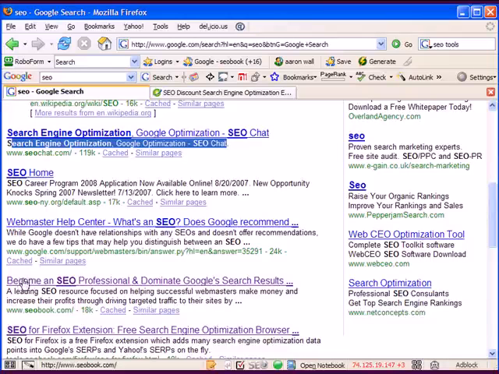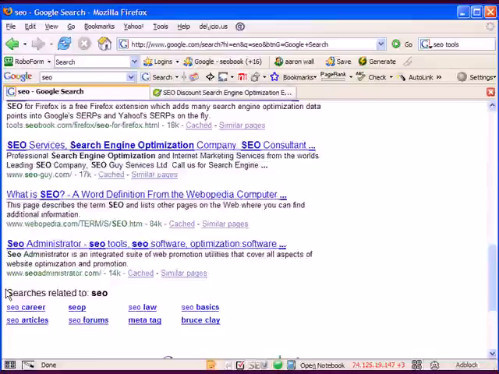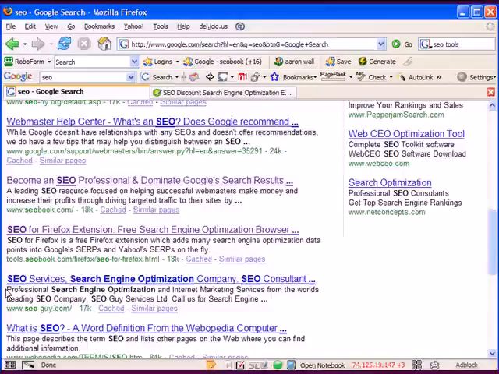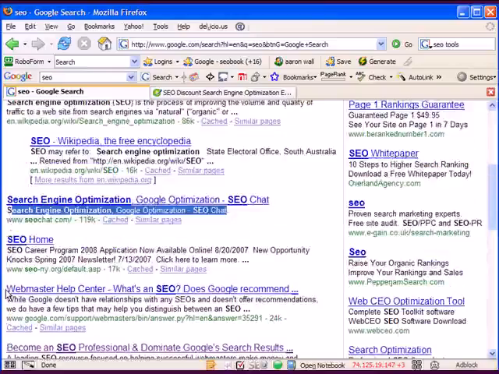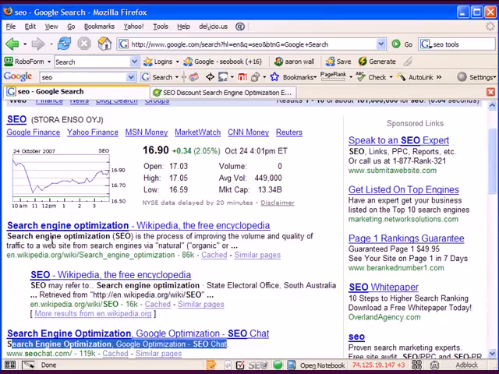And then here's my site: become an SEO professional and dominate Google search results. It's a very clear statement. It also gets Google in there. It has SEO, and it conveys a sense of differentiation from everything else above or below it in the search results. Everything else is about what is SEO, or just a list of keywords type of title that they don't really speak clearly.